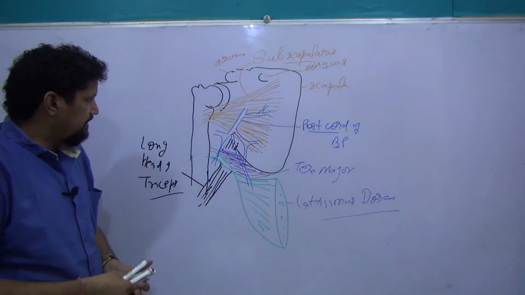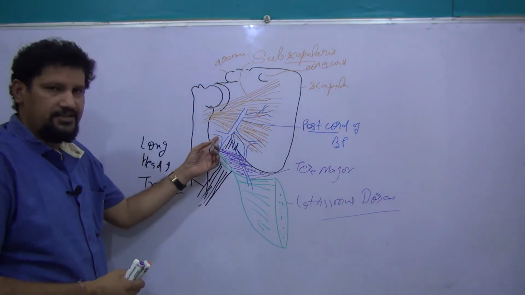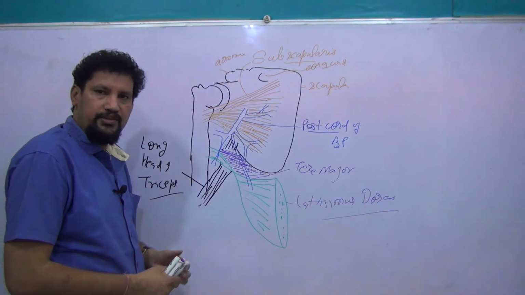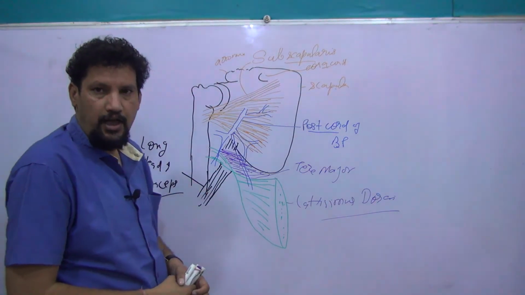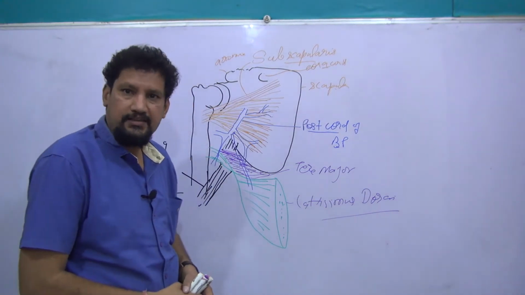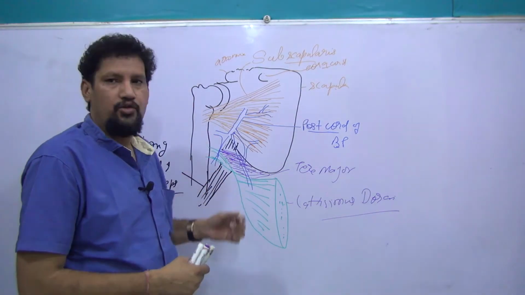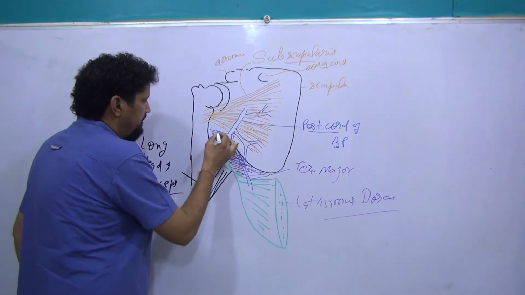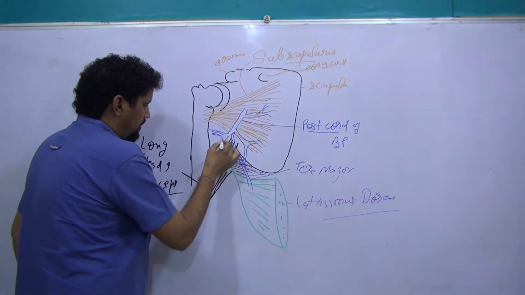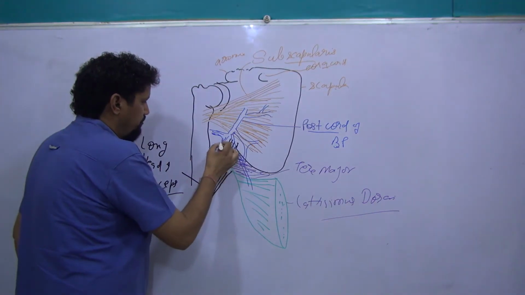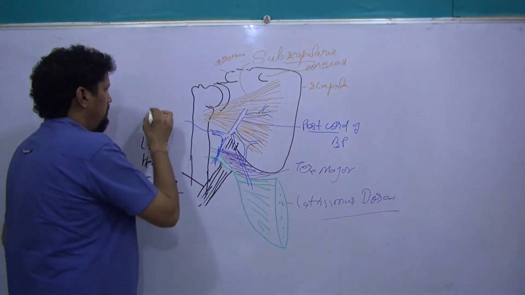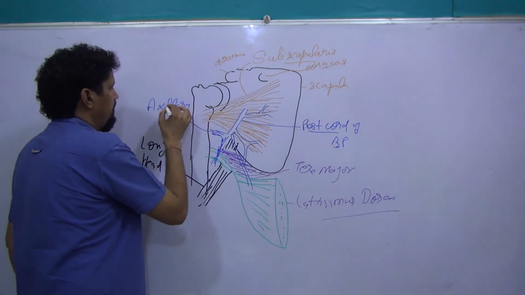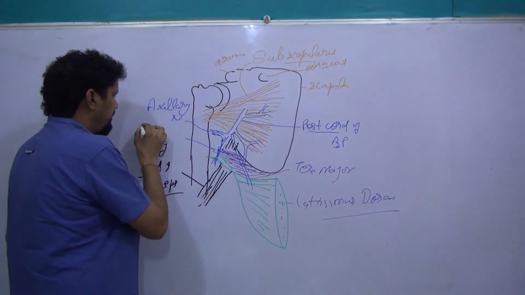The branches of this cord are the axillary nerve and the radial nerve, which is entering in the lower triangular space, and the axillary nerve is entering in the quadrangular space behind the surgical neck with the posterior circumflex humeral artery. So axillary nerve, radial nerve,